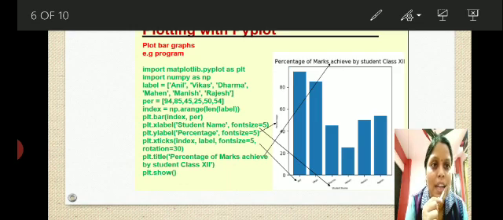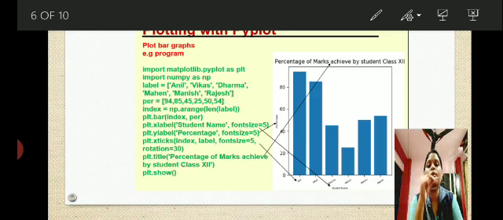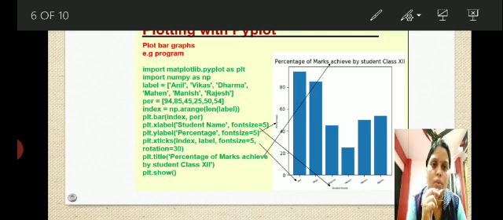And plt.title, that means your chart title, whatever it is. Let me tell you students, here all the options are used. It is not compulsory for you to use all the options. You can use the option that is required for you. Suppose you don't want to write x level, it's okay. You don't want to write y level, that is also okay. You only want the bar graph, that you can write. You don't want to put the title, that is also okay.